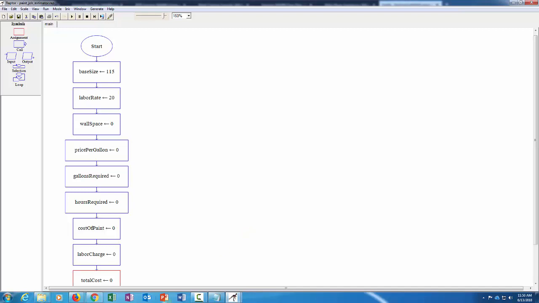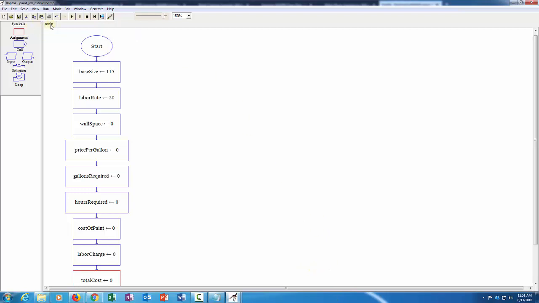Let's write an input module where we get the two pieces of input that we need: wall space and price per gallon. Yes, we could put all this inside the main chart, but we're supposed to write a modular